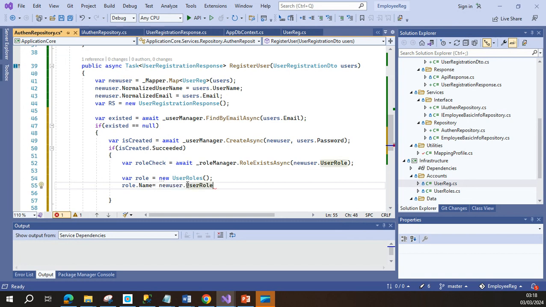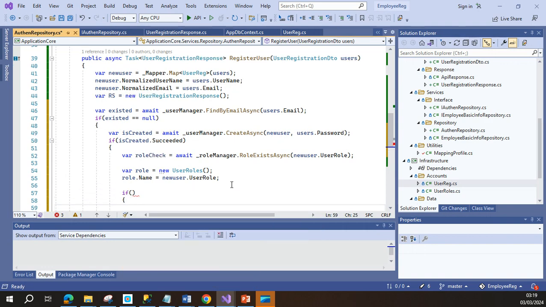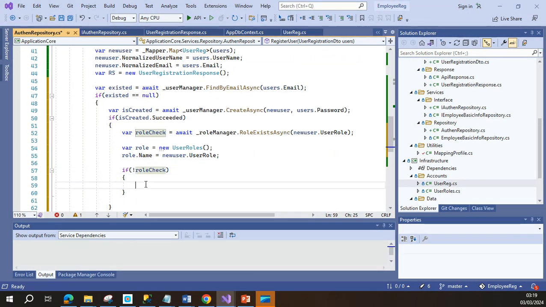So let's check if this role does not exist before. If the role does not exist, if not role, it means it does not exist. We have to create the role. Now we have to await